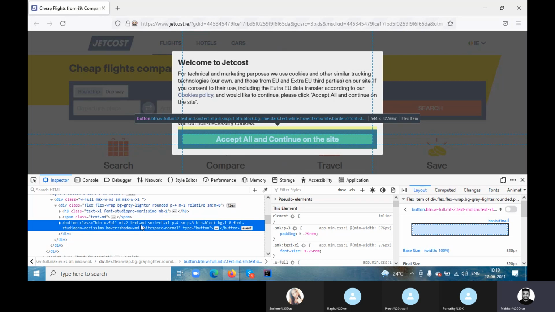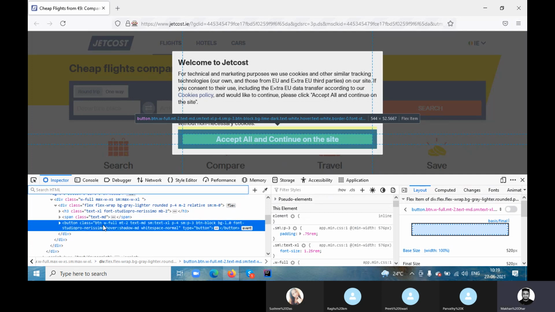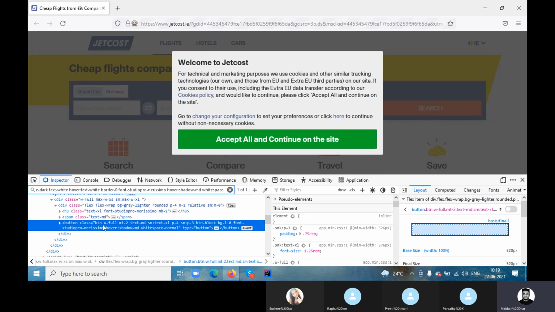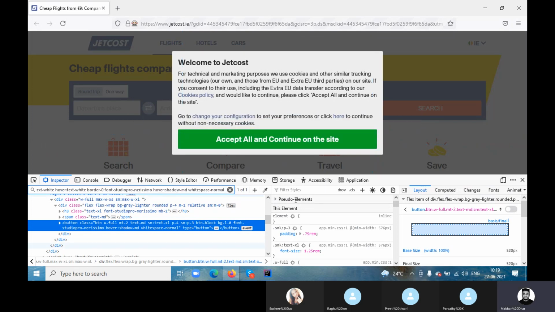So let's take the class name and press Ctrl+F and see whether it is unique. Yeah, this is one of one, right? Now what will I write? Sometimes the class name could be very long, right?